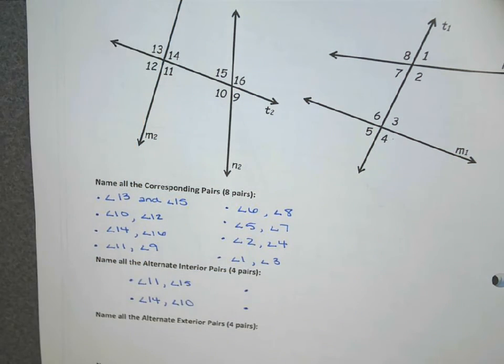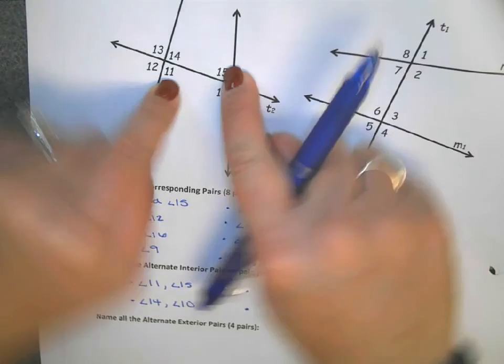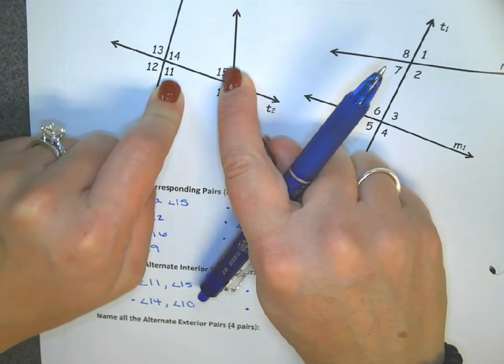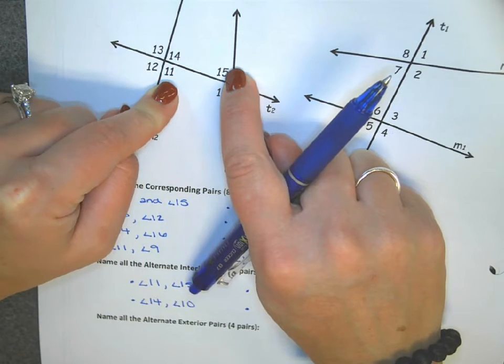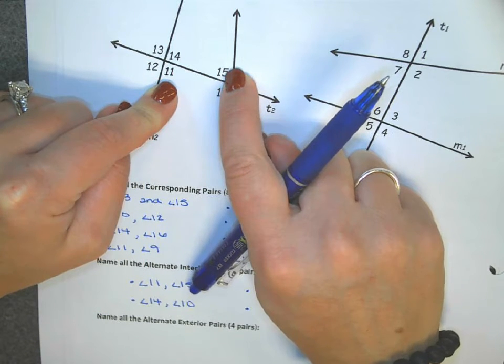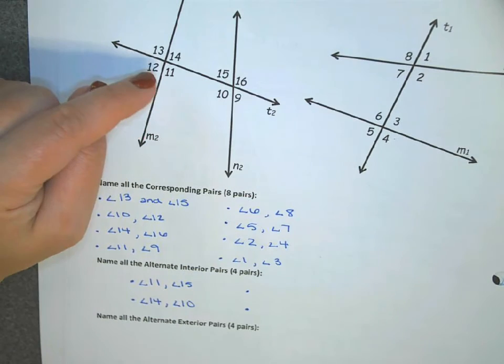Are we okay with that? If we look at 11 and 15, they are both on the interior sides of the inside of the two lines. They're also on alternating sides of that transversal. Okay? These also